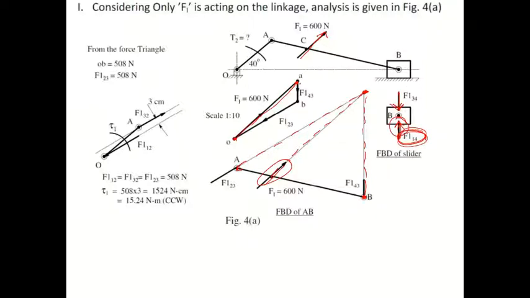I can draw that line here. Also, I can draw that line here. If I draw here, I will not get the answer, so erase it and draw only here. I don't know the length, so just draw it like this. After that, draw this line, Fi23. Both of them will meet at this point. Now measure Fi23 and mark it here.